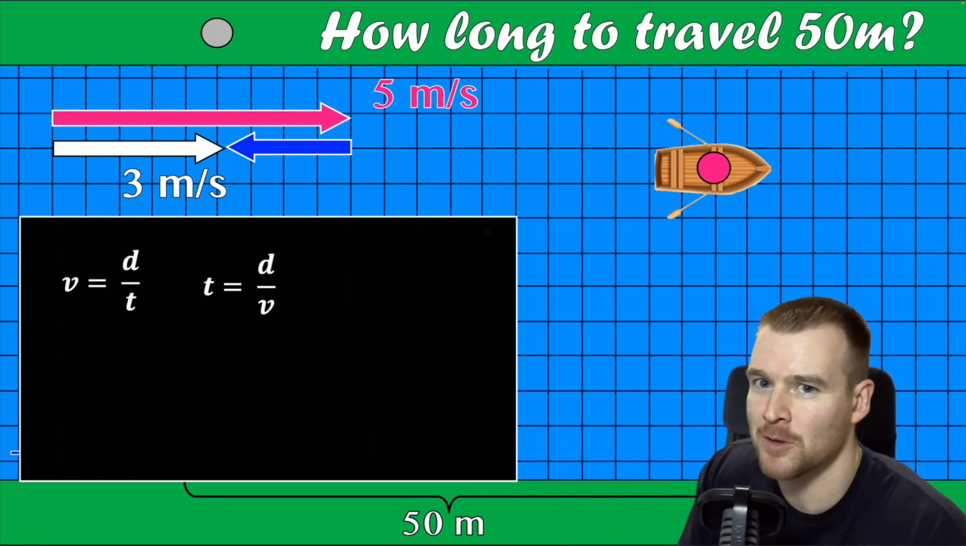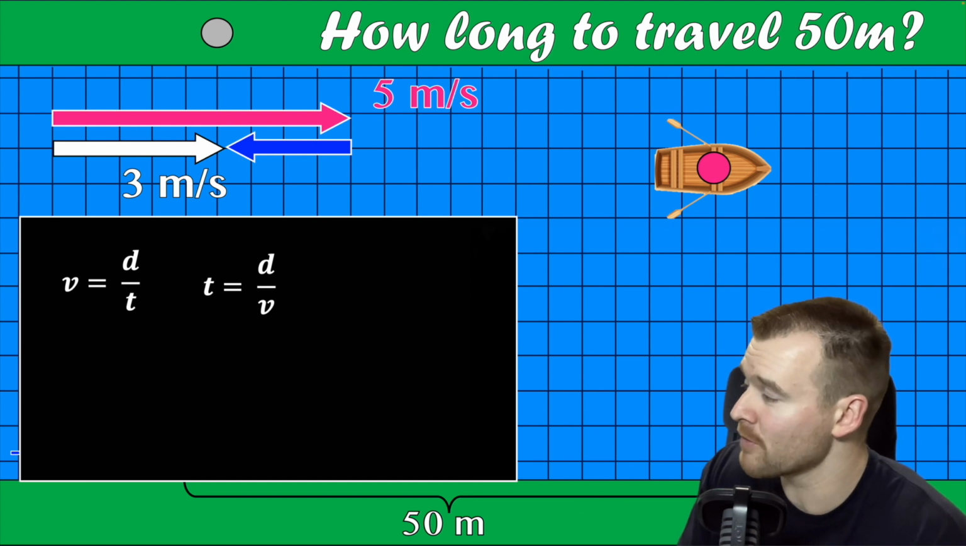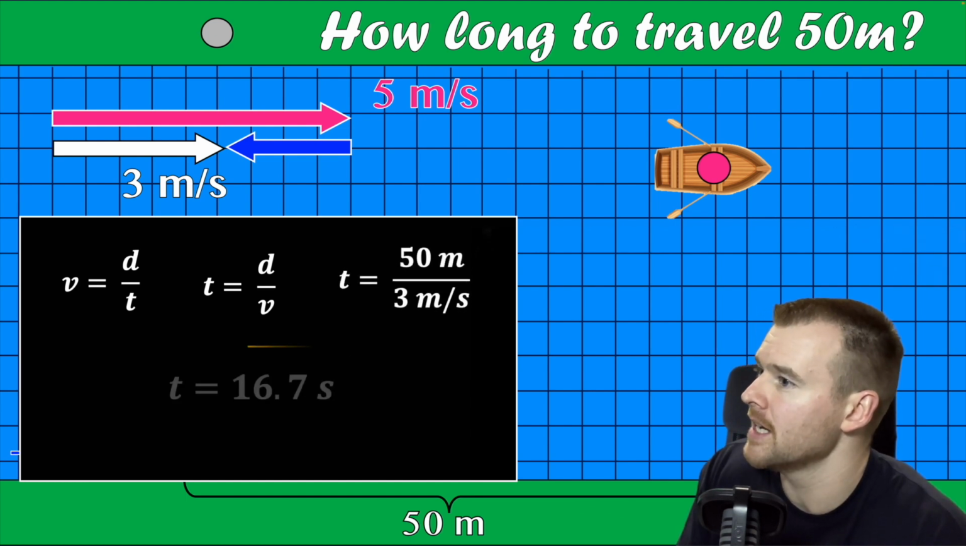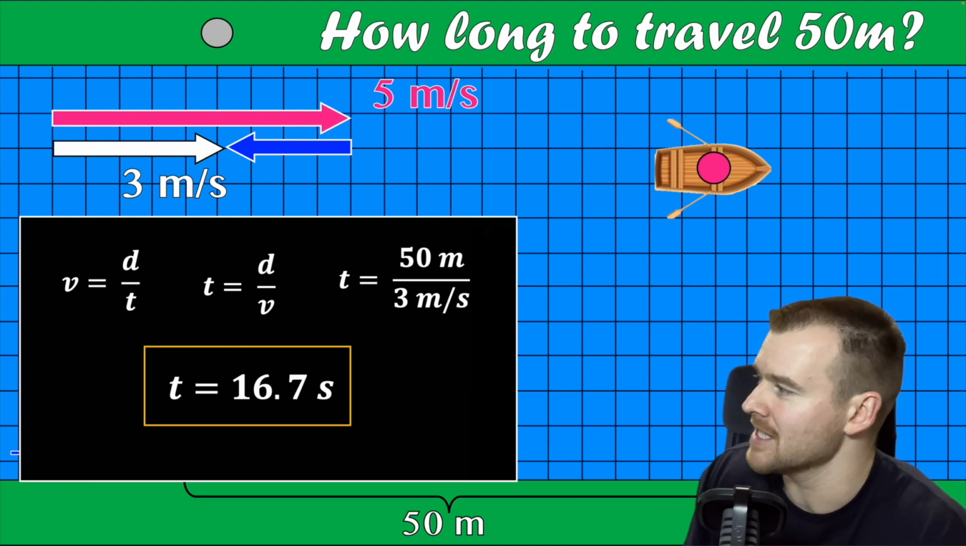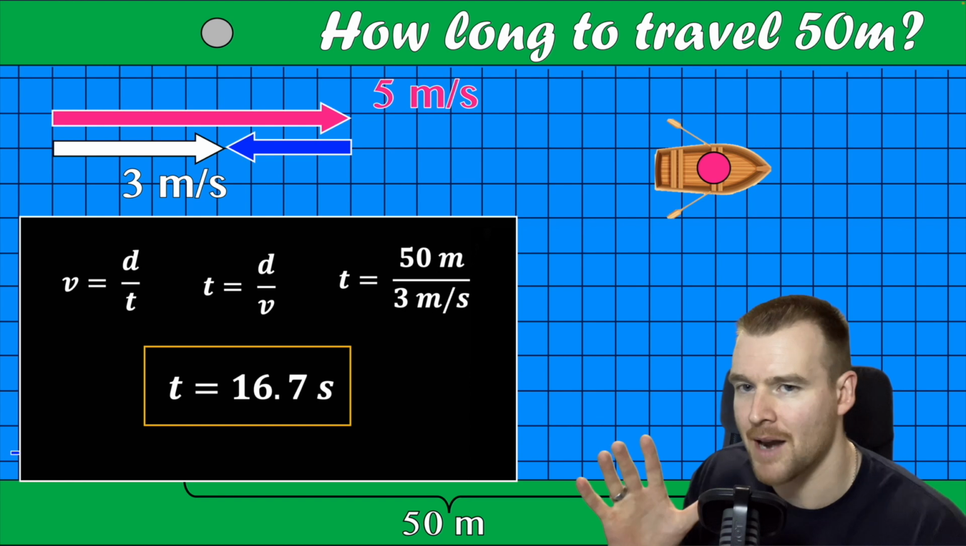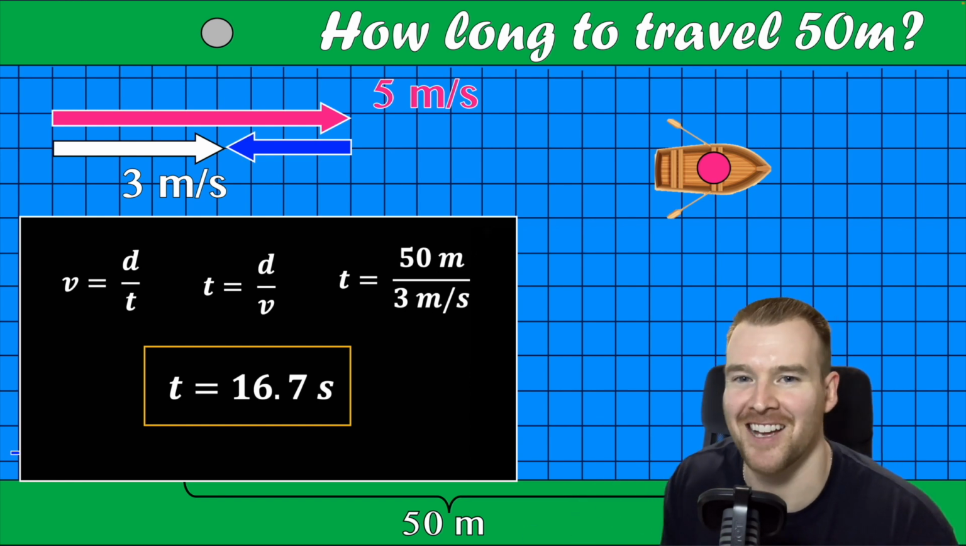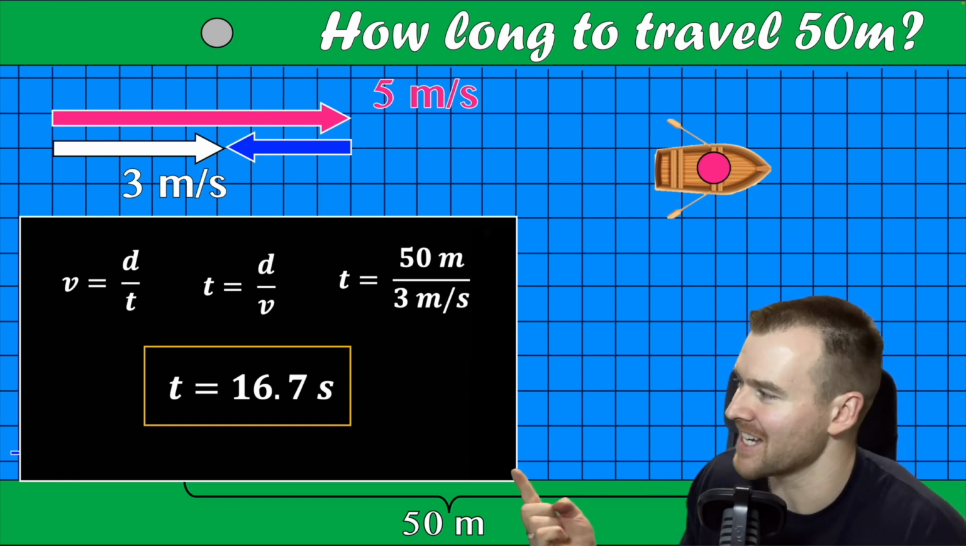We're going to go v is equal to d over t. Rearrange for time, I have d over v. 50 divided by 3, and it should take 16.7 seconds to travel 50 meters. My animation was sped up a little bit, but you get the idea with it being 16.7 seconds to travel